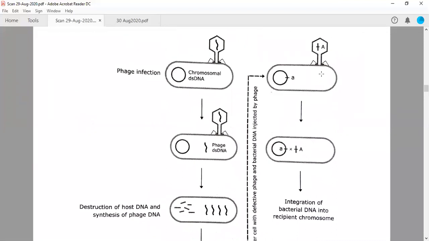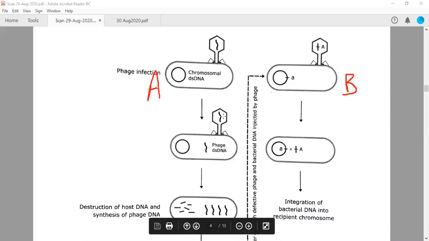the next bacterial cell. So this is bacteria A, this is bacteria B. For simplicity, you can annotate these. So this is A, and this is completely different. This is a new bacteria, because after lysis, A will be disintegrated. It will be lysed by the bacteriophage, and the phages are released outside the bacterial cell. And now you note here that this is that particular bacteriophage which is actually carrying the bacterial chromosome, not the phage genome. So it will infect this new bacterial cell, B, and then suppose